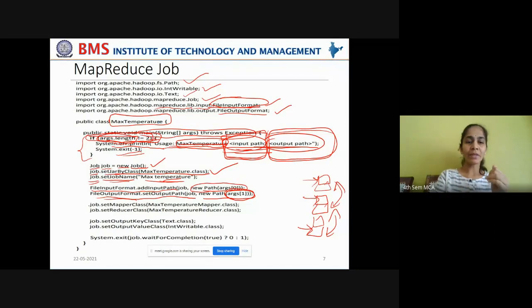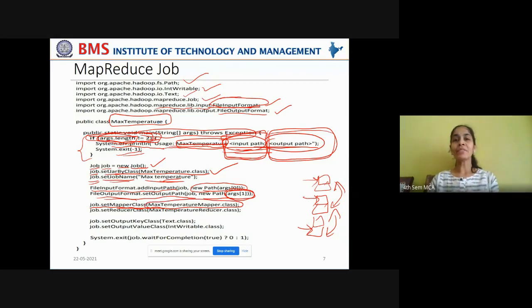Now what is your next step here? By using the job object, you are setting the mapper class with which class file? MaxTemperatureMapper dot class file. You remember, this is the Java class we have written yesterday. MaxTemperatureMapper is the class which will help us to define the map function.